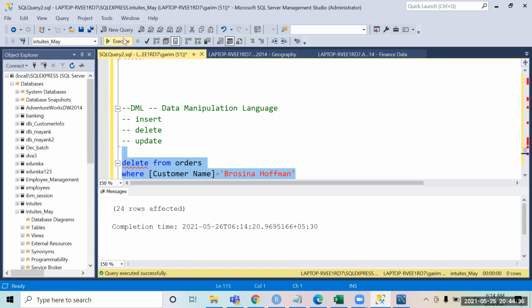Okay. So when you delete data, you will be using the where clause, and all the syntaxes that we discussed, like in the where clause, greater than, less than, and, or, you can use anything over here. And based on that condition, the data will be deleted from the table. So please try this out.